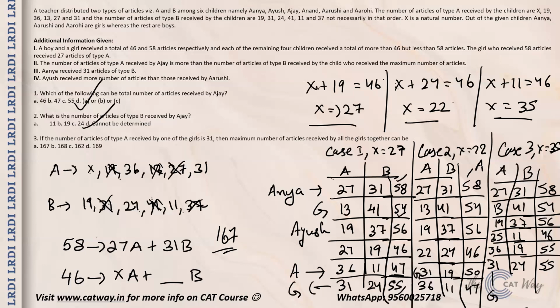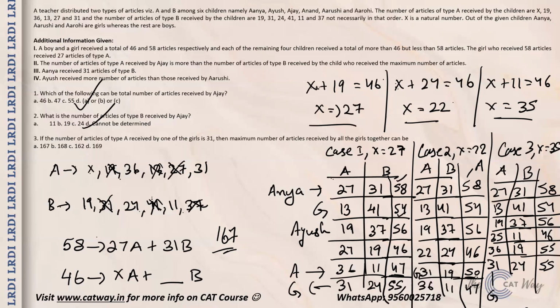Now what has been given to us is that this person is a girl. All right, so now what do we have? Now only one condition is left to be satisfied, that Ayush receives more articles than that received by